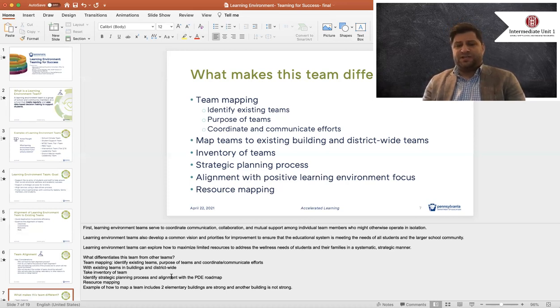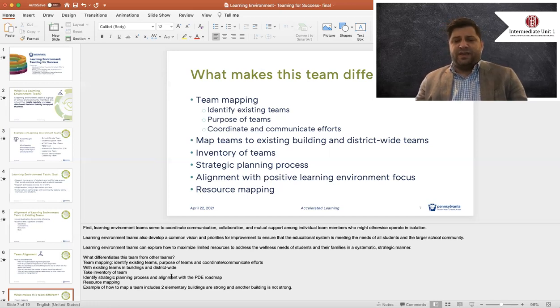So, an example of this might be, how are we going to map a team that includes maybe 2 elementary buildings that are strong and your third building who is not as strong? So maybe a district has 3 total elementaries, two have let's say a student support team, and those 2 are firing all cylinders. They're meeting their goals, they're meeting their objectives, they have a great plan. And your third elementary is sitting out there, maybe trying to get something in place, but is unable to be effective in getting it off the ground, or maybe in meetings, or maybe achieving goals that they set out.